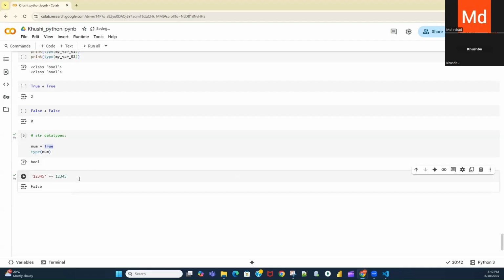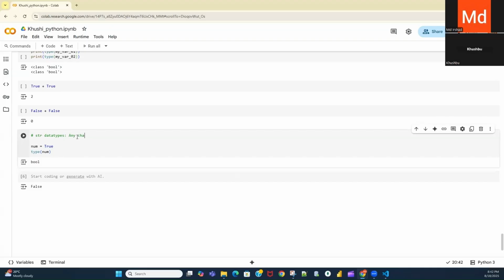Here, see, it is giving false. The value is the same, but it is giving false. Why? Because this is an integer value and this is a string value. Here people make mistakes. Here it is a digit, but it is a string. Here this is a digit, but it is an integer value, a whole number, with no single quote or double quote. So just keep this in mind. These are the little things where people make mistakes.